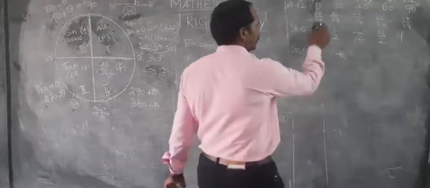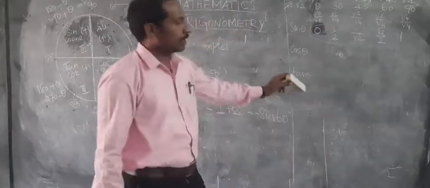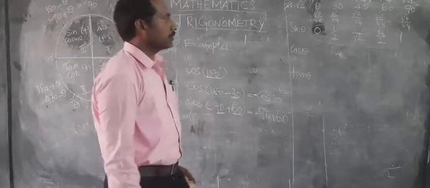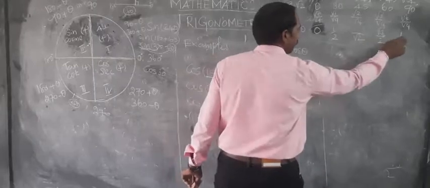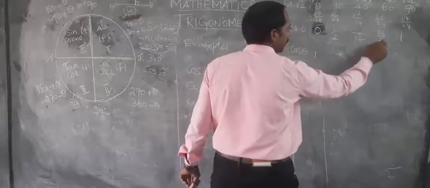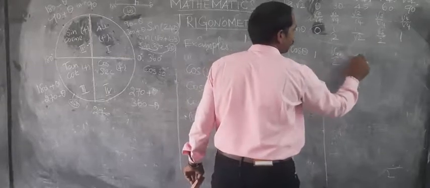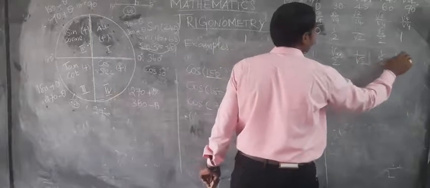So if you find the sin theta value, then next the cos theta you can find easily. How you have to find the value? Just you write the reverse order. So 1 means here you should write 1. So root 3 divided by 2, then 1 over root 2, here 1 by 2, here 0.